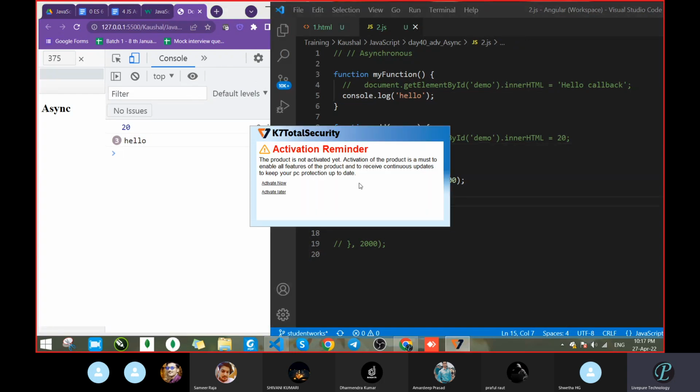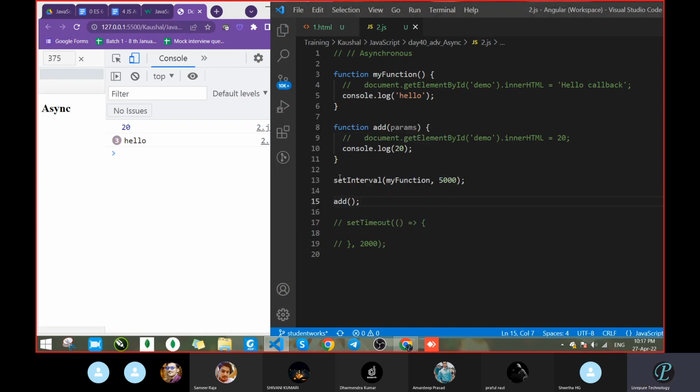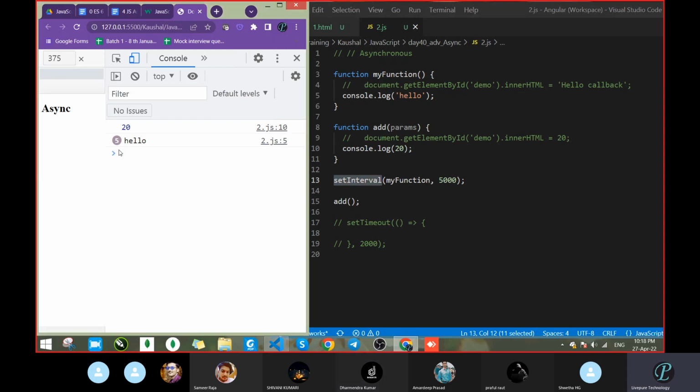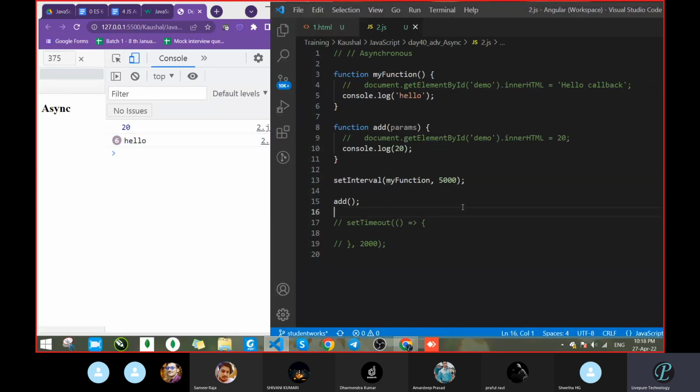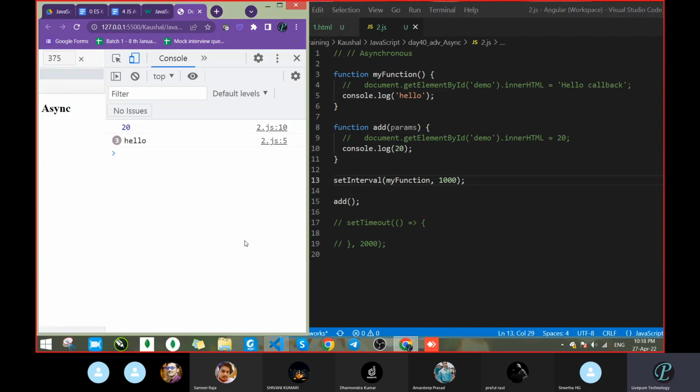So see what is happening. Set interval means at each interval this function will get called. Now you can see that hello got called the fifth time. Okay, let's wait, it will get called. Now it has become the sixth time. So you can increase or decrease the interval. Suppose you want to do some operation fast, you can do that. Now see, hello 1 2 3 4 5 6, it will continue going on. We are not stopping that function, so you will keep getting that.